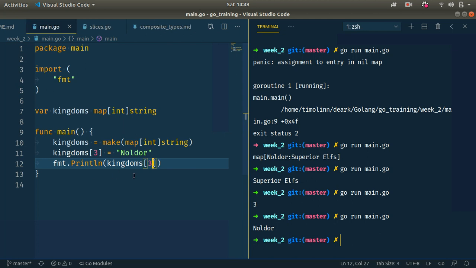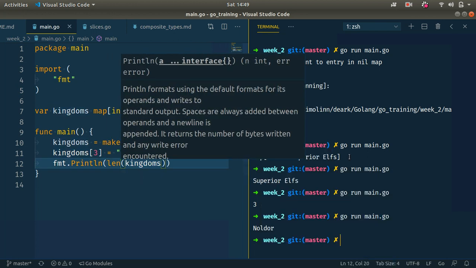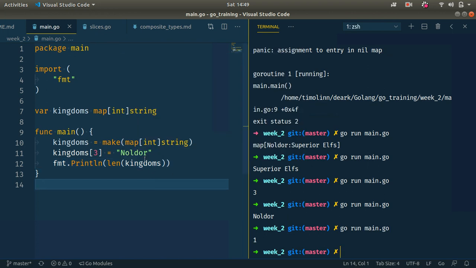Okay, so to get the length of a map, we can still use the same length function that is built into Go. And yeah, we can also get those values. If you want to delete an element from a map,